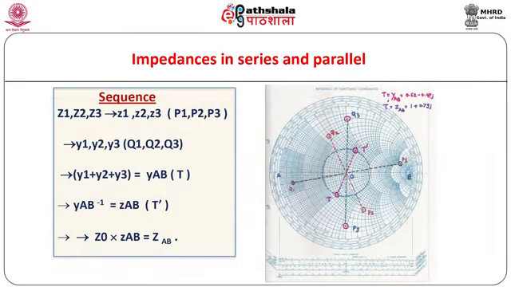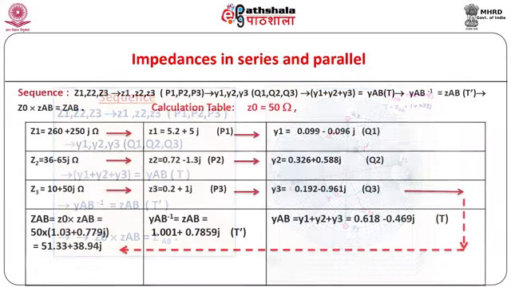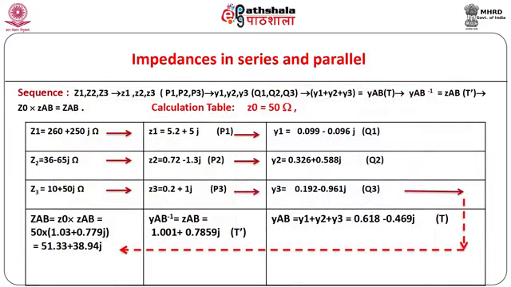We know how to obtain the normalized admittance y corresponding to a given value of normalized impedance z using the Smith chart. The points representing these values are located at diametrically opposite positions on the VSWR circle. Hence, the solution of the given problem using the Smith chart can be found as shown. The sequence and set of calculations will be as shown in the table.